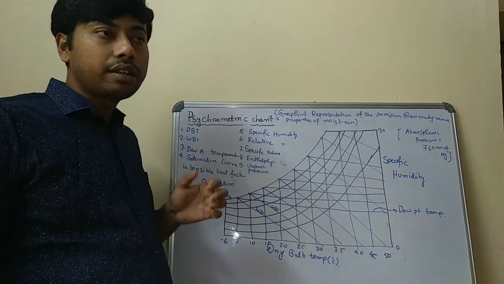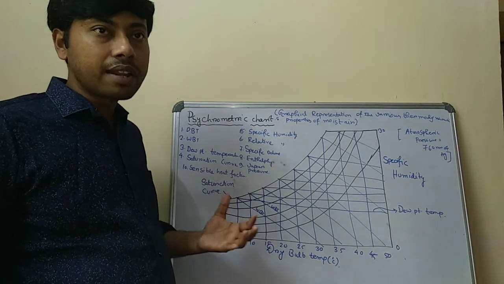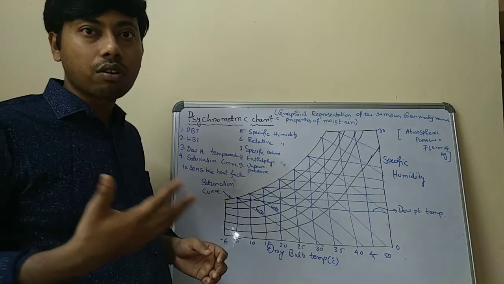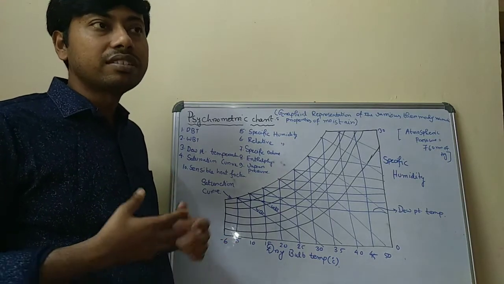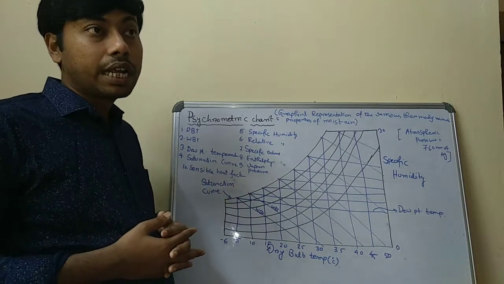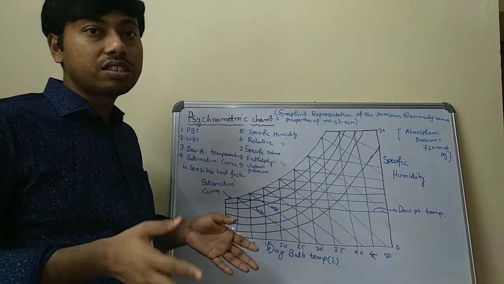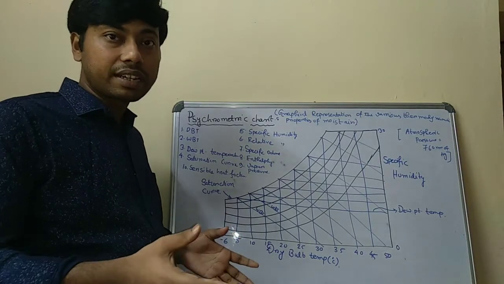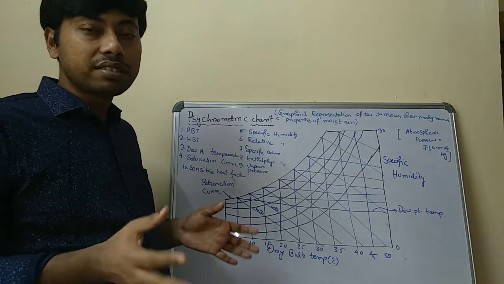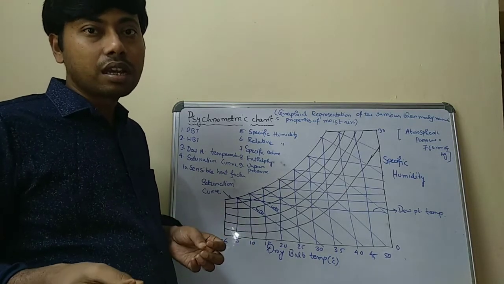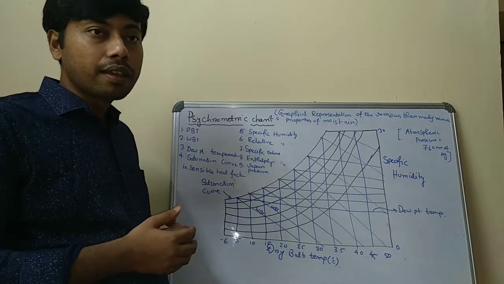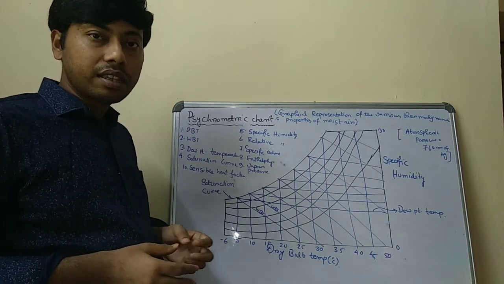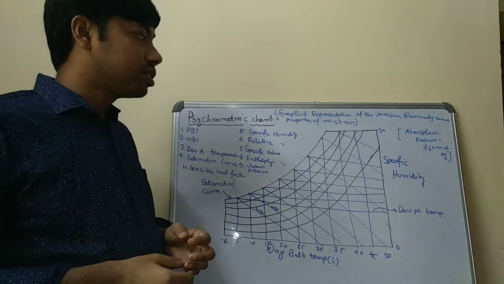Now, you know that air may be of two types: dry air and moist air. Dry air basically contains the natural gases, that is oxygen, nitrogen, carbon dioxide. These are basically dry air. Now, in moist air, dry air and moisture, that is water vapor, are both present. That air is a mixture of dry air as well as some water vapor, and then it is called moist air.